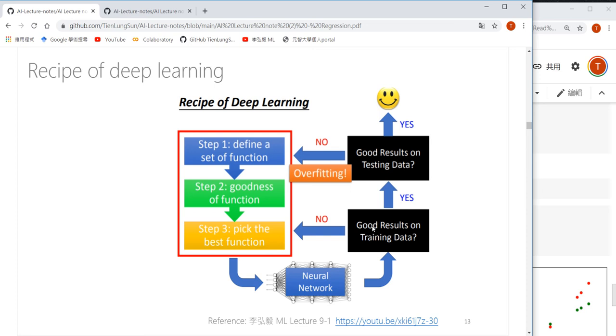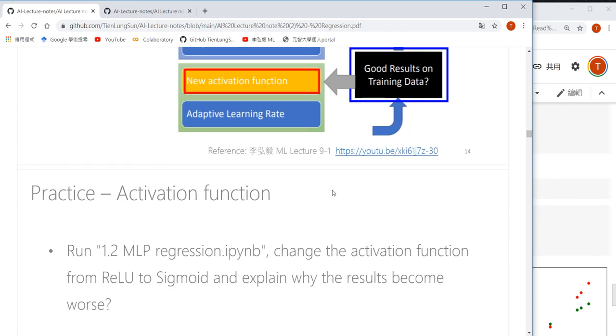If the result on the training data is not good, then we have to modify our neural network, or modify our loss function, or modify the optimization process until we reach a good result on the training data. But then we will have another problem: even if we have good results on the training data, sometimes the result on the test data is not good. This is a very common problem in deep learning or machine learning. We call it the overfitting problem because